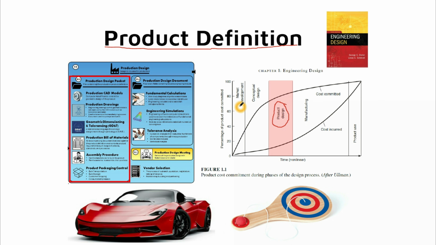So what you do here in the beginning, you research the market, you come up with some concepts, and depending on what you found, you feed that into the production design or the product design stage, and then you design the product. And essentially designing a product means creating a product definition or a production design packet. Once you have that, you start manufacturing it, and once you have manufactured it, you start selling it, and the product is in use. And there are 2 lines on this graph that are written or drawn here, kind of 2 extremes, and when we said at the beginning, you're making yourself vulnerable, we're talking about the line here in